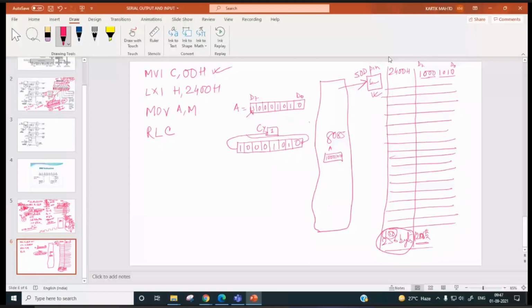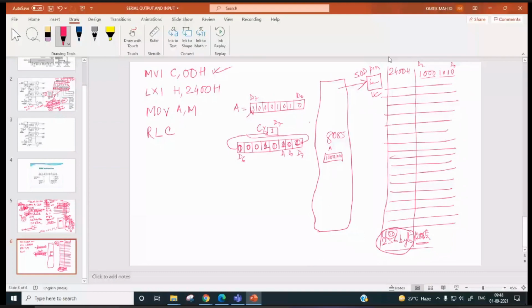So now D7 has come to the carry flag, this is D0, this is D1, similarly this is now D6. So if carry flag is 1, it means D7 bit is 1, no?